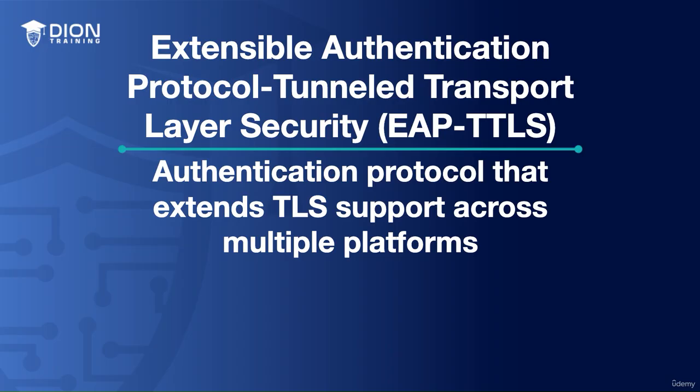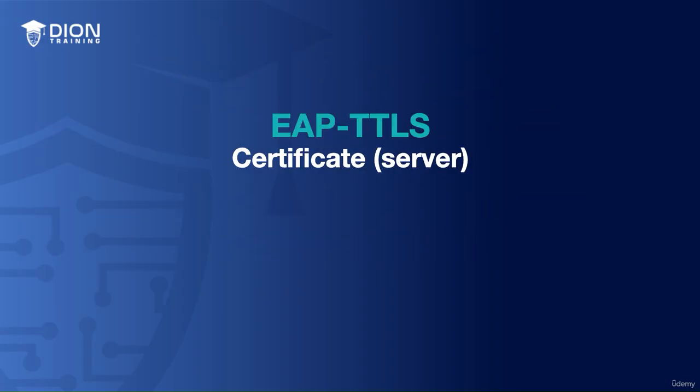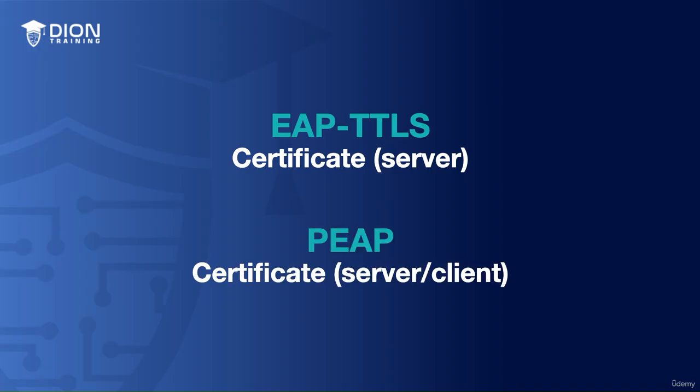EAP TTLS, or Extensible Authentication Protocol Tunneled Transport Layer Security, is an authentication protocol that extends TLS support across multiple platforms. The main difference between PEAP and EAP TTLS is that EAP TTLS requires a certificate only on the server side, while PEAP requires dual-sided certificate authentication to occur on both the server and the client side of the connection. With EAP TTLS, the protocol will encapsulate a second protocol for authentication that is carried inside the TLS